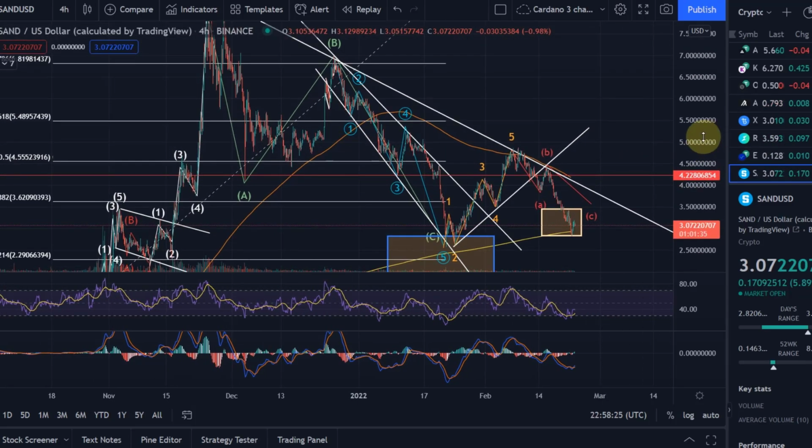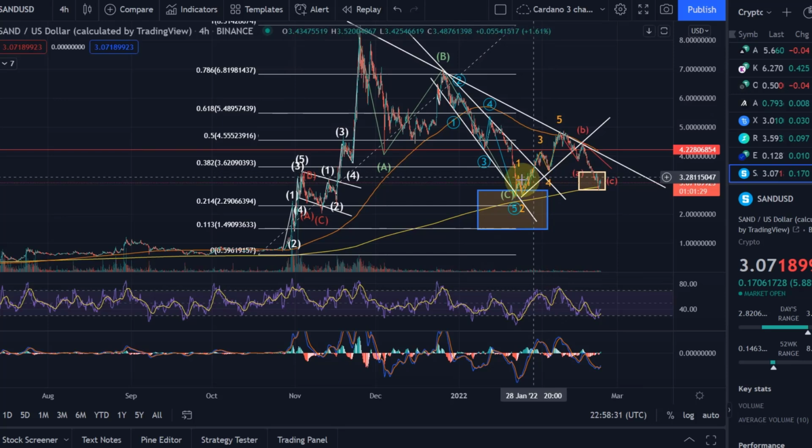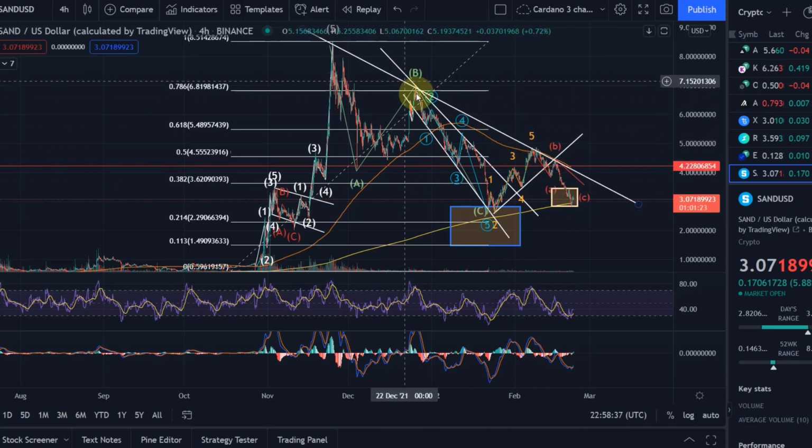Only a quick one, just to make you aware that the Sand chart, probably from all the cryptocurrencies that I cover here, probably looks most bullish. Yeah, understand there's a lot of lines here on the chart, but what we had here, well, we had first